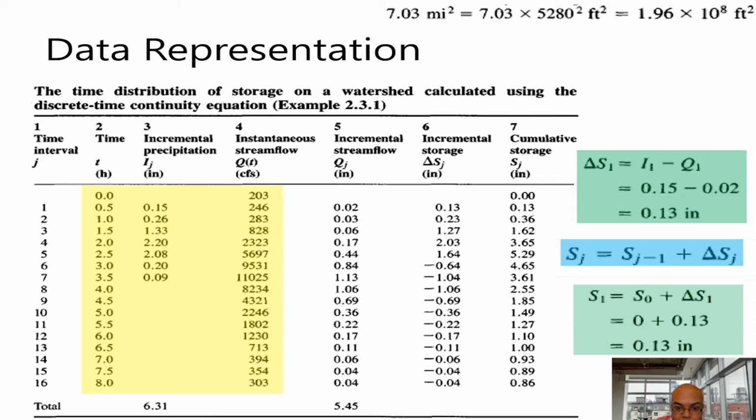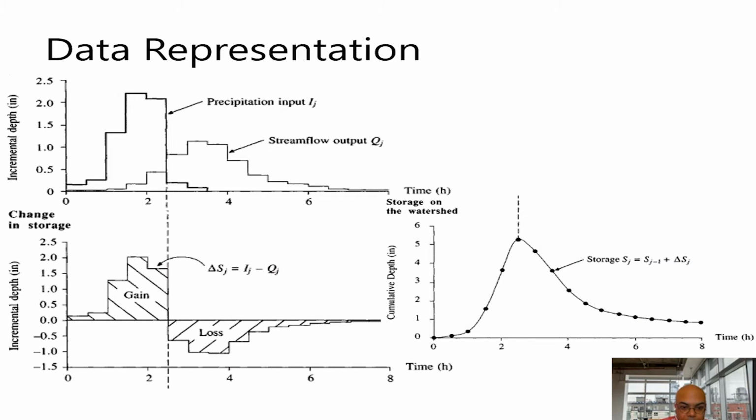If you plot this rainfall and incremental stream flow, that is outflow, then incremental storage and cumulative storage, they are all plotted here. So you can see that this is the precipitation input. Okay, this is the precipitation input, whereas this is the stream outflow. So these are all inputs given, and now we found for every time what the delta storage is. So that is given in this.